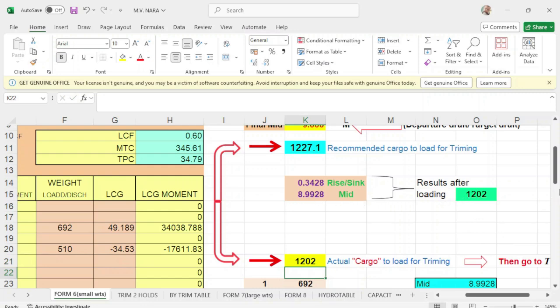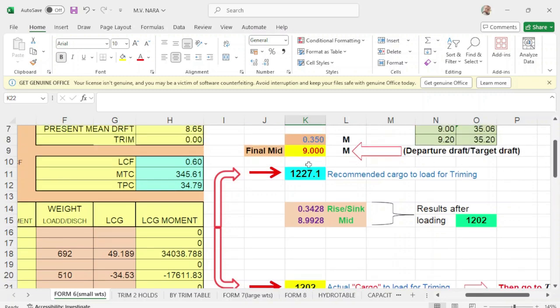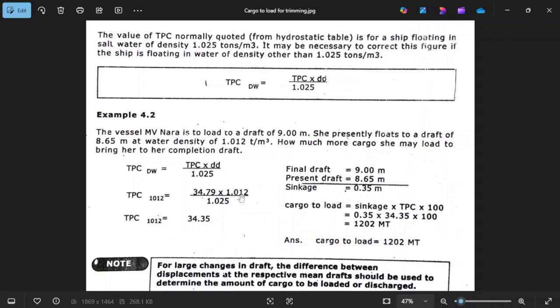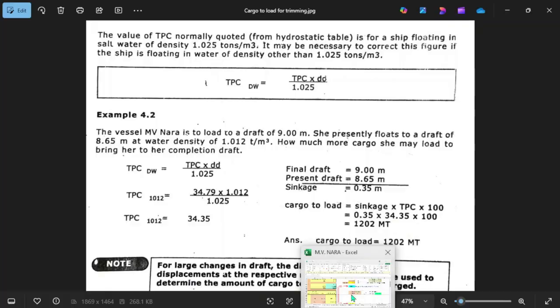Will be a little less than 9 meters, which is 0.999. When you use the density of 0.12 with this drop of 8.69, your corrected density at 1.12 will be 3435, and your remaining cargo to load will be 12012. Okay, so this is